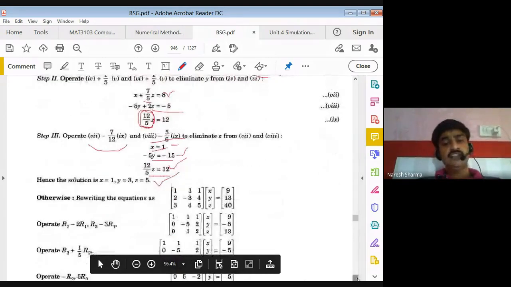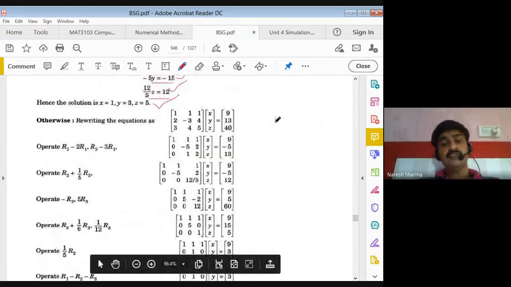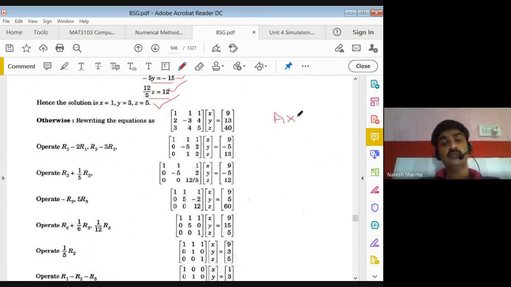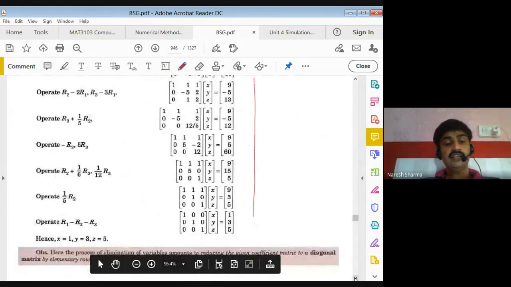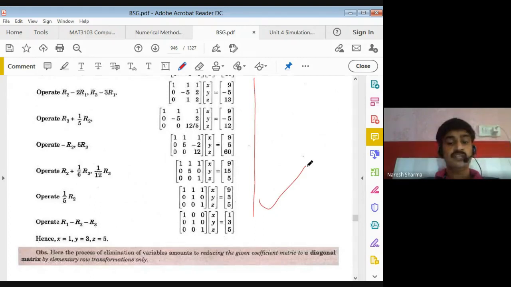The same thing you can apply in matrix form. So it's your choice, you can write these in equation form and you can write these in matrix form. It's your choice. So same procedure, nothing special, right? So this is called the Gauss-Jordan method. If you convert the matrix into a diagonal form, it is the Jordan method. If you convert the matrix into an upper triangular form, then that is called the elimination method.